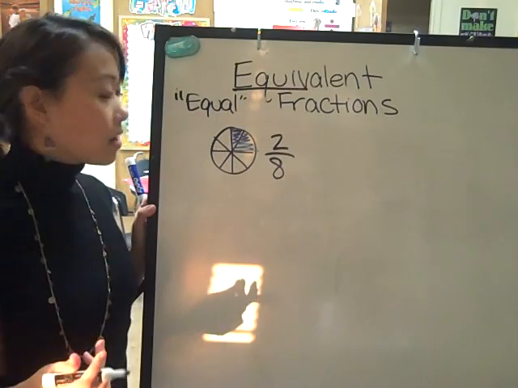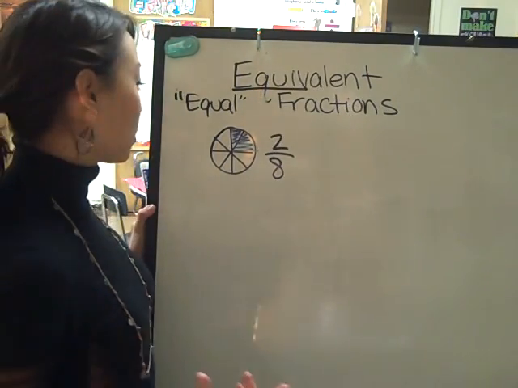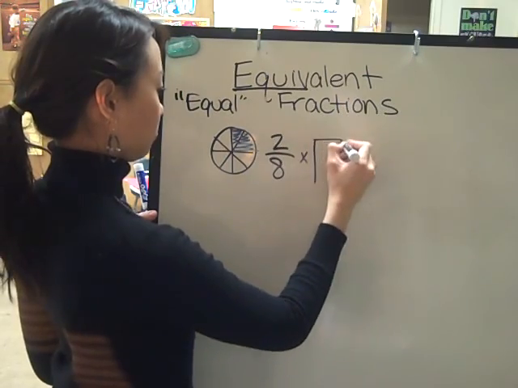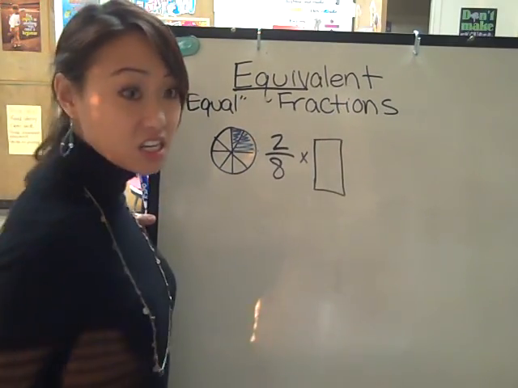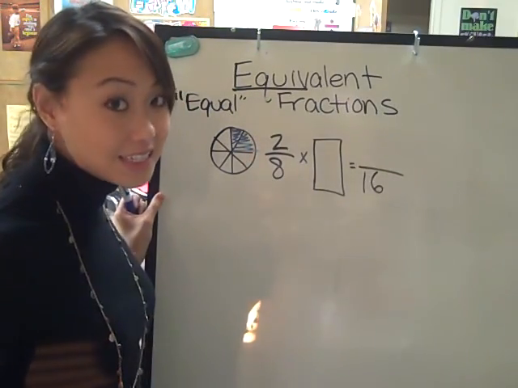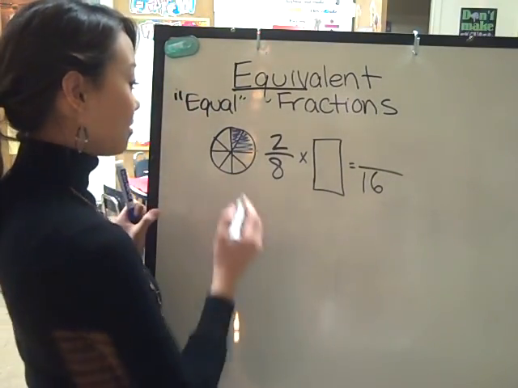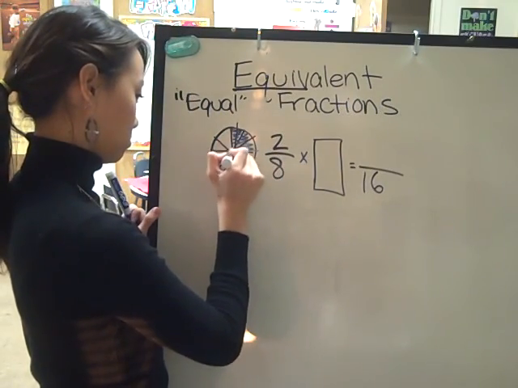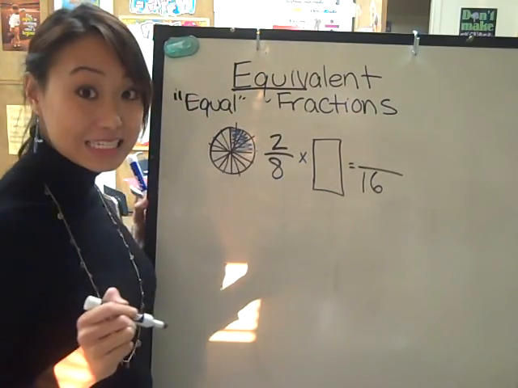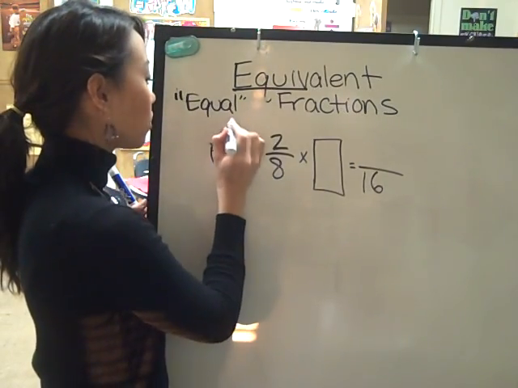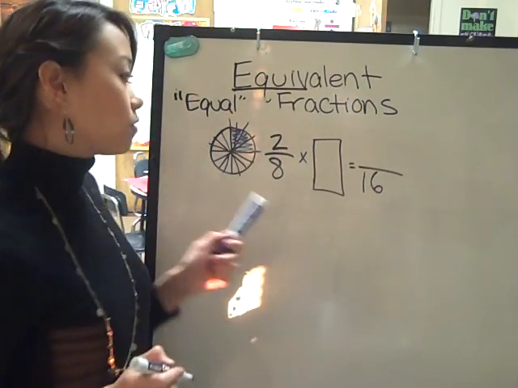Let's say the moms decided to change how you want to cut the pizza. Maybe they cut it into 16 slices. Instead of 8, they cut it into 16 slices. Now, how many slices am I going to ask for in order for me to be eating the